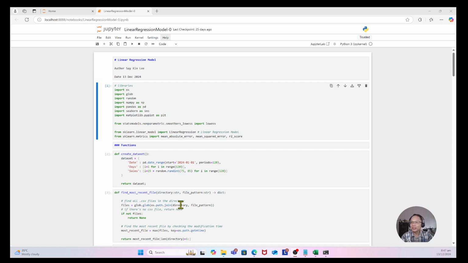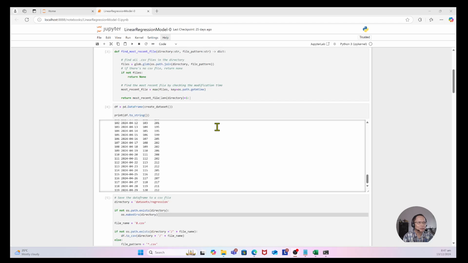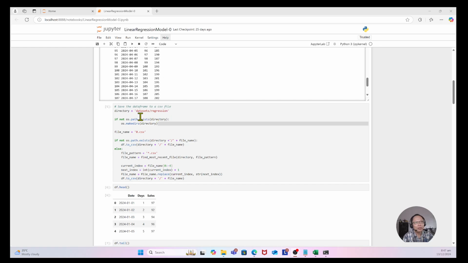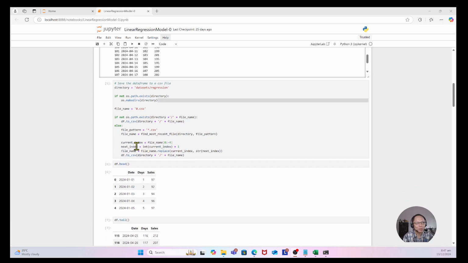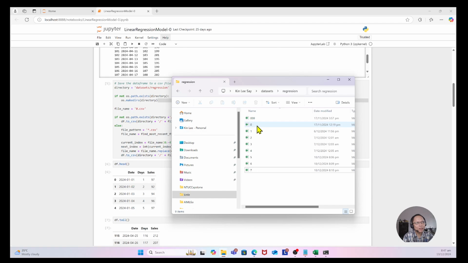Okay, this is the Jupyter Notebook that we have discussed the last time. But this time round, I've added some new code, specifically on this part where we will save the data frame into a CSV file. That means we output, and this is the directory that I've created. So each time there's a newly generated dataset,